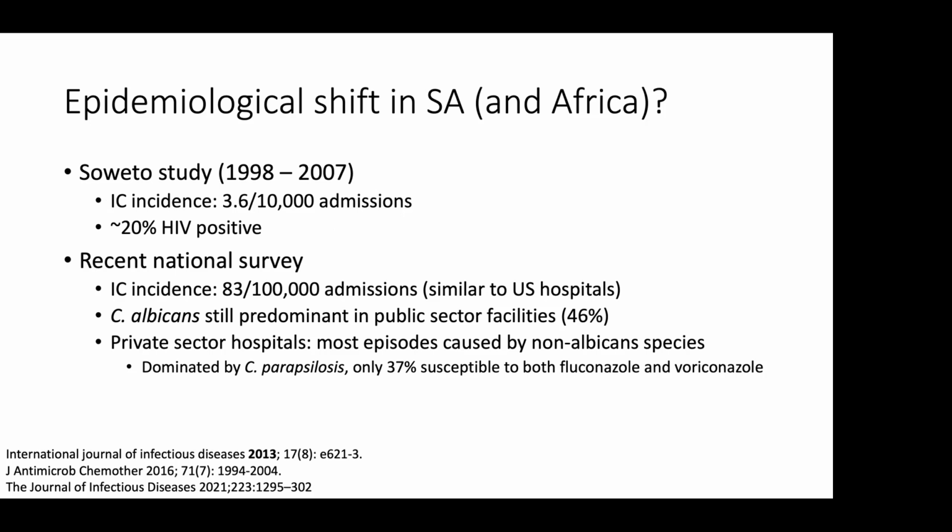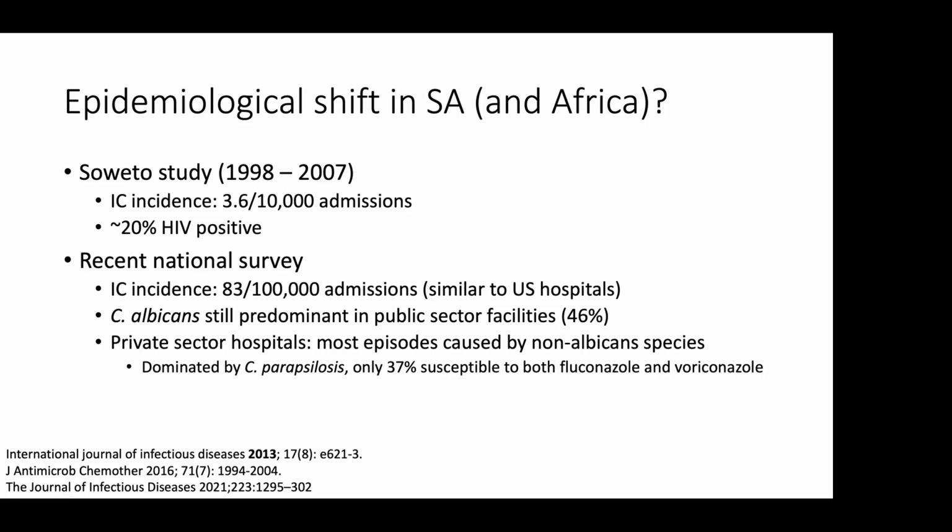And in a much more recent national survey, across a couple of hundred hospitals done by the NICD, the incidence of candidemia was very similar to what is seen in US hospitals. And so maybe this is reflecting a shift in healthcare practice, at least in South Africa, but potentially across Africa, with more access to antifungal therapy, more access to organ transplantation, immunosuppression, surgery, all risk factors that can predispose to invasive candidiasis. In public sector facilities in the South African survey, albicans was still the predominant species, close to 50%,